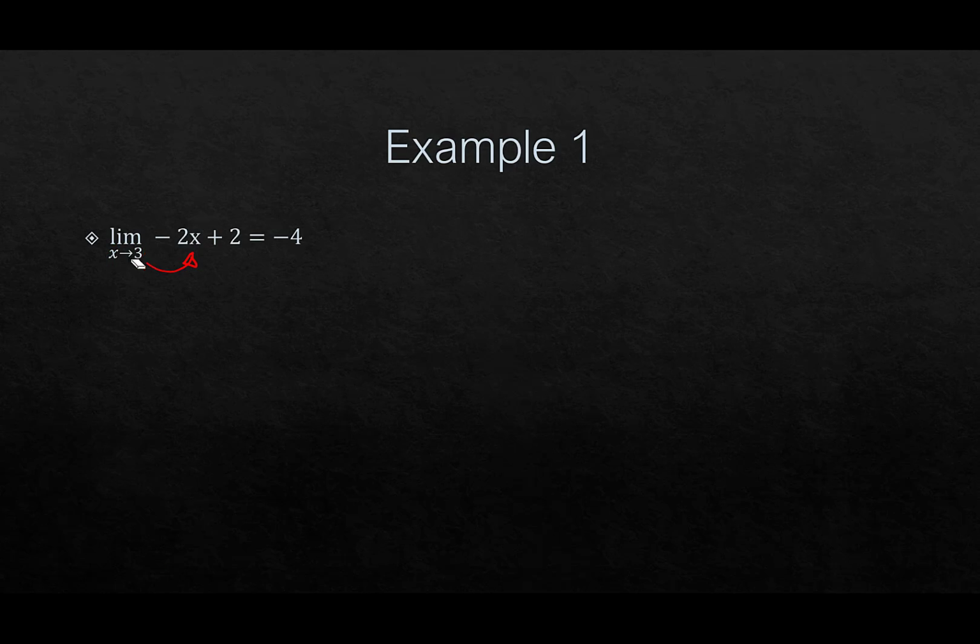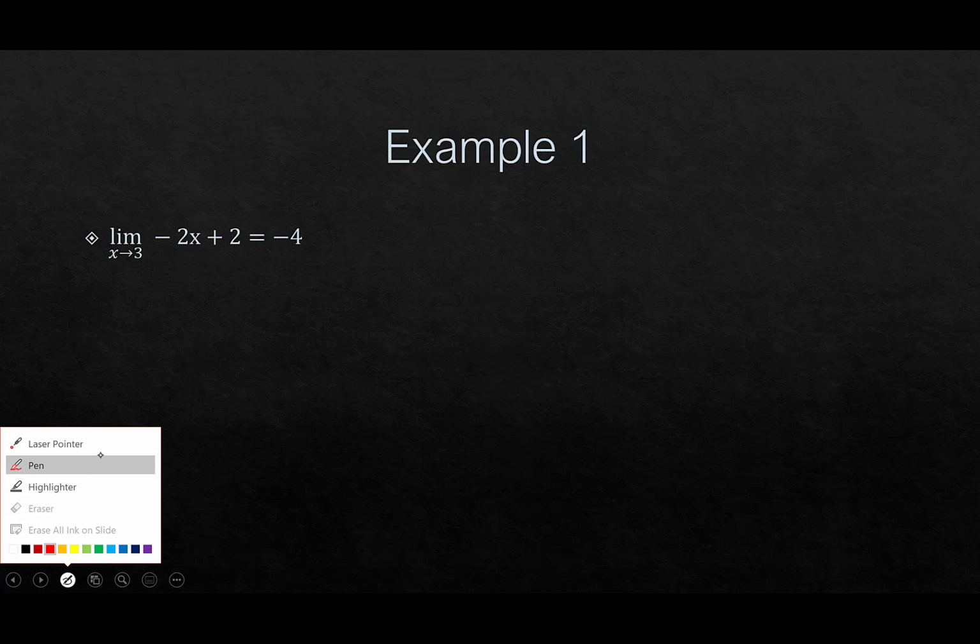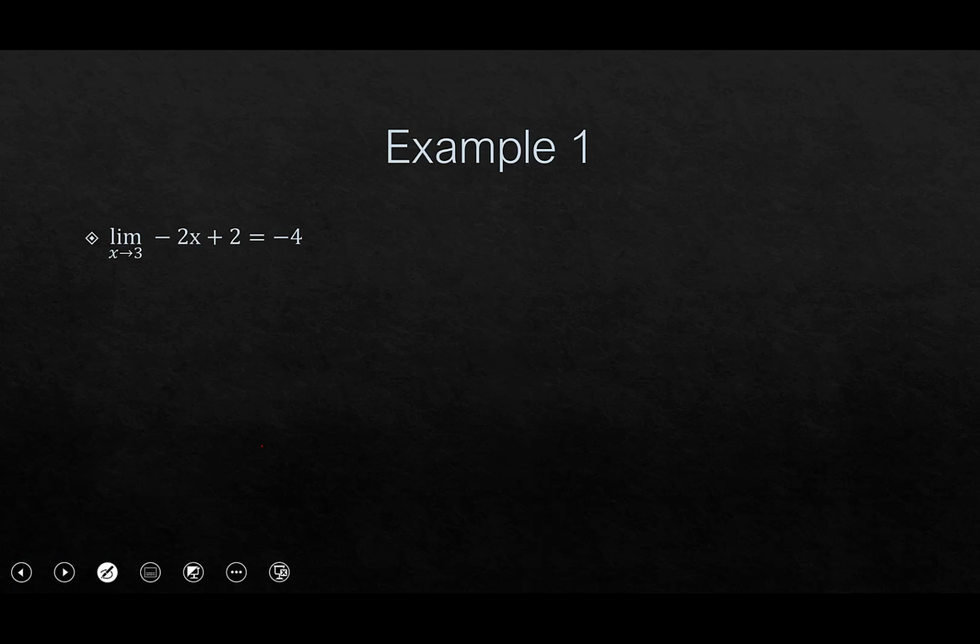Let me erase this. Okay. So we're going to follow that strategy list that I gave you guys earlier. What we're going to do to prove this is we're going to start with some scratch work. Okay. So we're going to let epsilon be greater than 0. Okay, and remember our goal is to somehow find a delta, right? A delta that somehow involves epsilon in some way. Okay, so our goal,